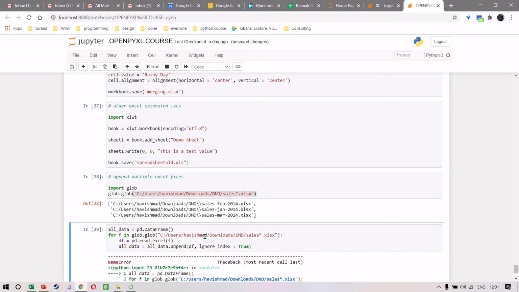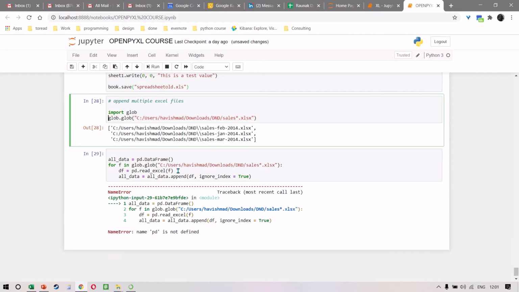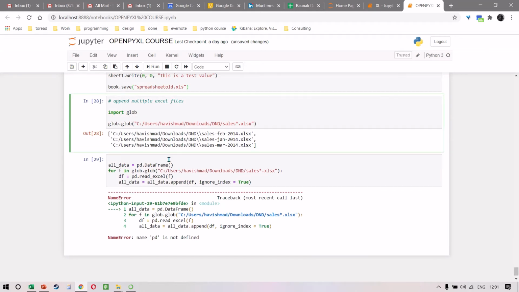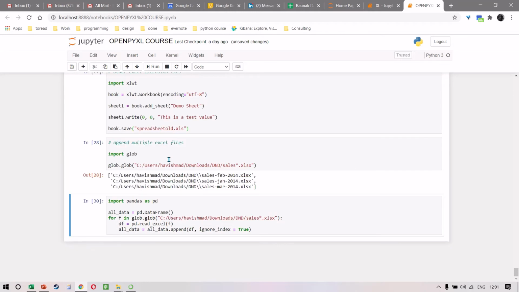Okay, so when I run this, there is an error. Let's quickly check. All right, so we run this.